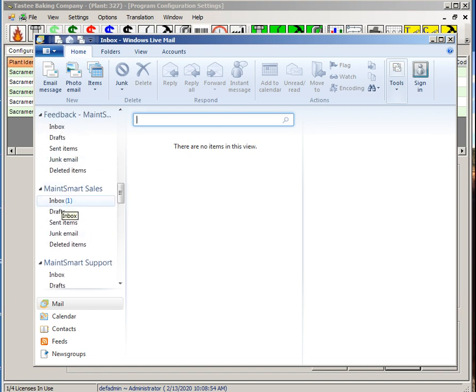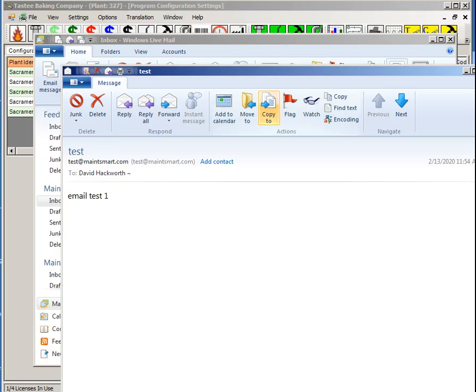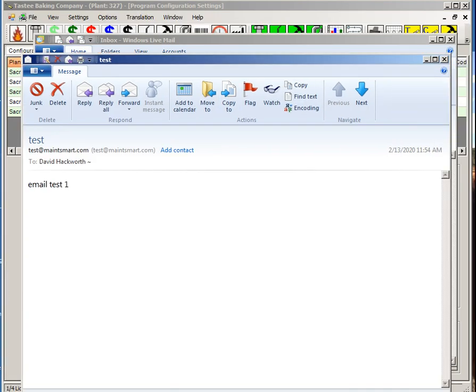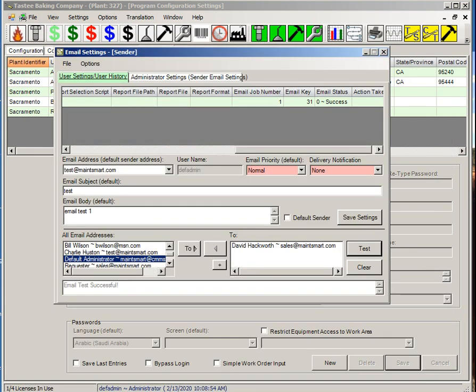And our new email is in there. We can see the inbox there. So there it is. Okay, so it did send it out. So we know that it's connecting, and that's great. So now we're ready to go with our setup of our